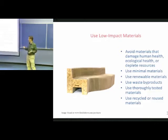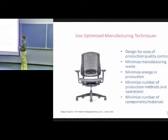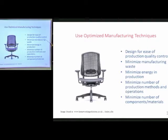About that from the standpoint of sort of audience tested. Recycled, reused, obviously you don't want to hurt people. Manufacturing techniques, again, talking about quality control, minimizing defects, minimizing waste, minimizing energy, minimizing the number of steps, which generally,